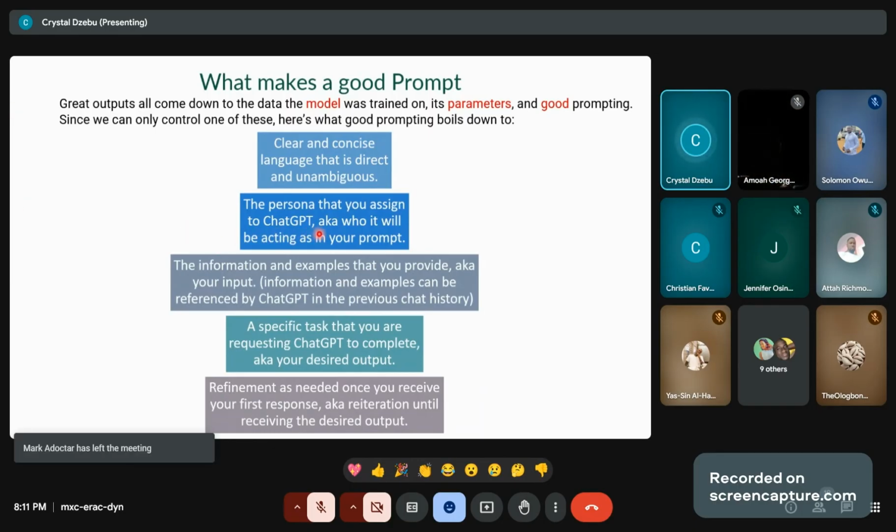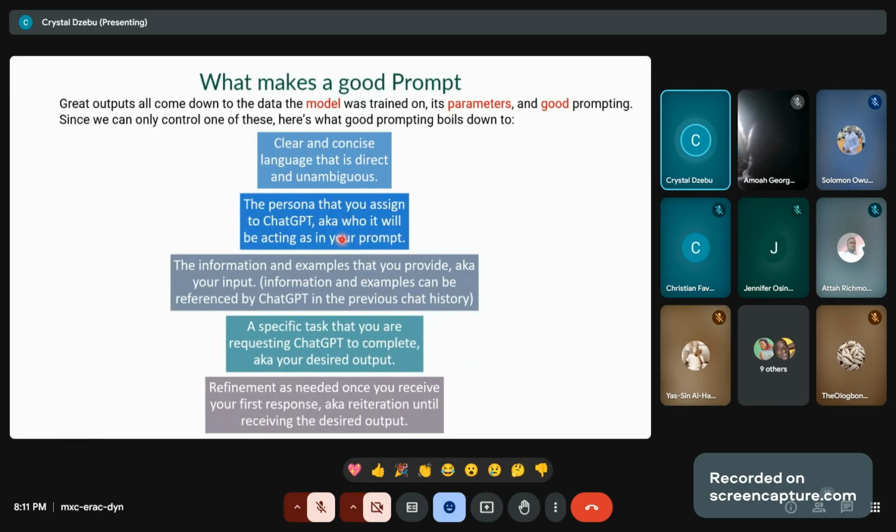It can be a lawyer, it can be a doctor, it can be a coach, a personal coach, it can be a health coach, it can be your English teacher, it can be your nursing teacher, it can be your accounting teacher. So many things. So if you assign a particular persona to that particular generative AI, it will give better answers suited to whatever you want as an answer. So we'll learn how to do that today.